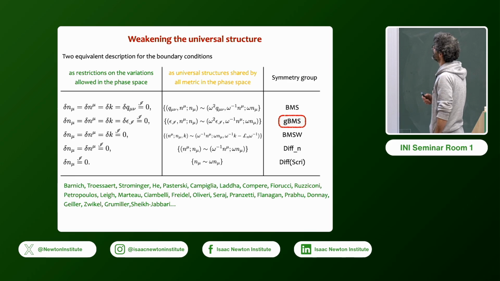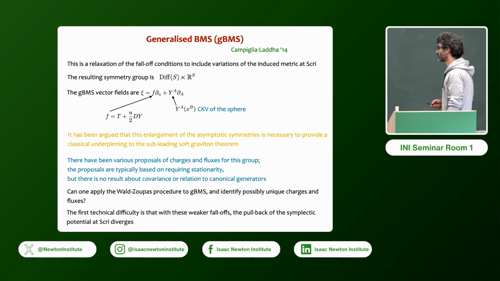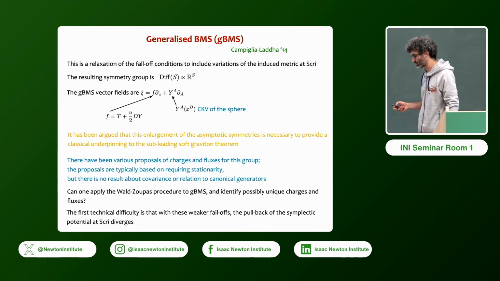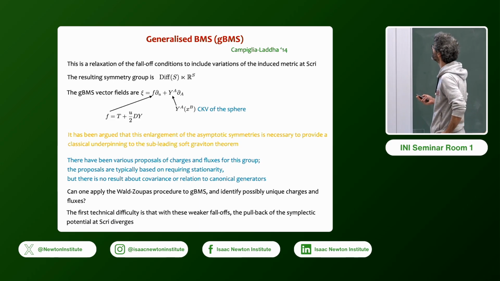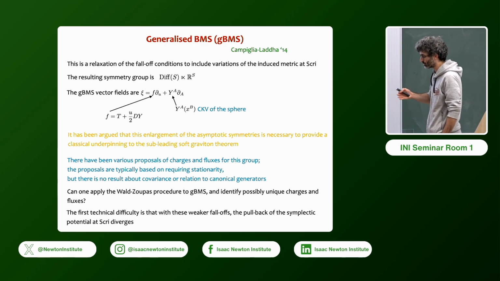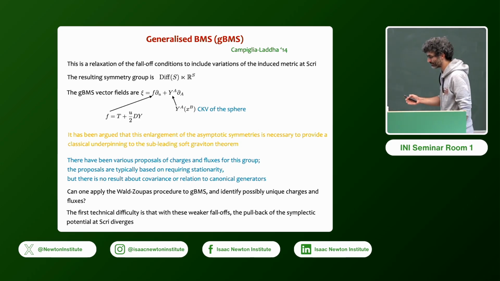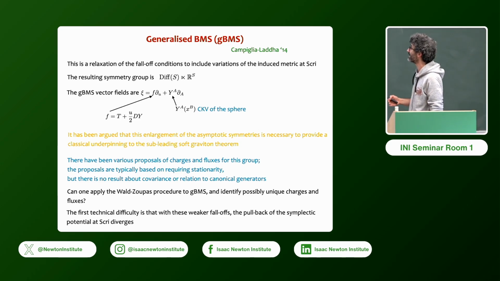And so the question we wanted to ask about this generalized BMS group was whether you could also find a Wald-Zoupas procedure for it, because charges and fluxes had been proposed, but just looking at the stationarity condition,